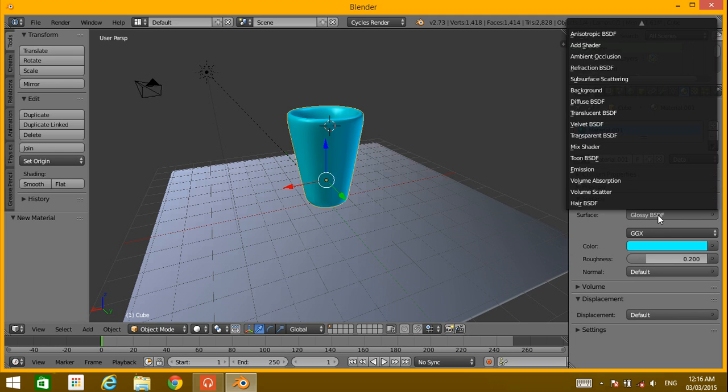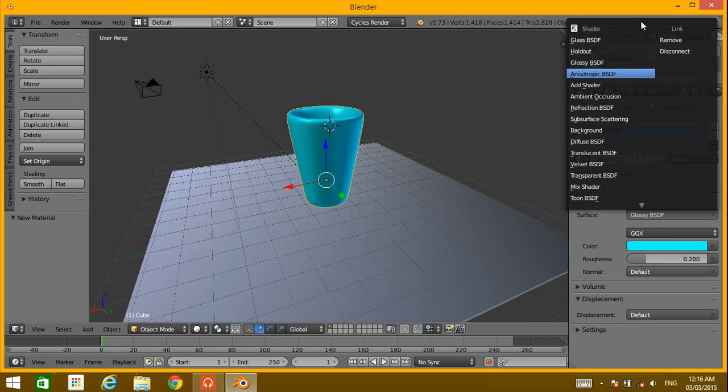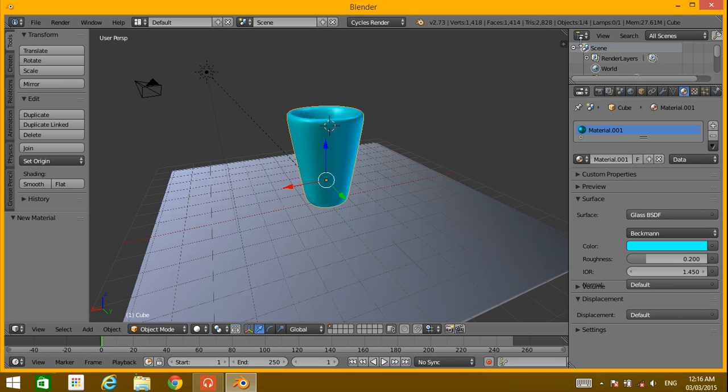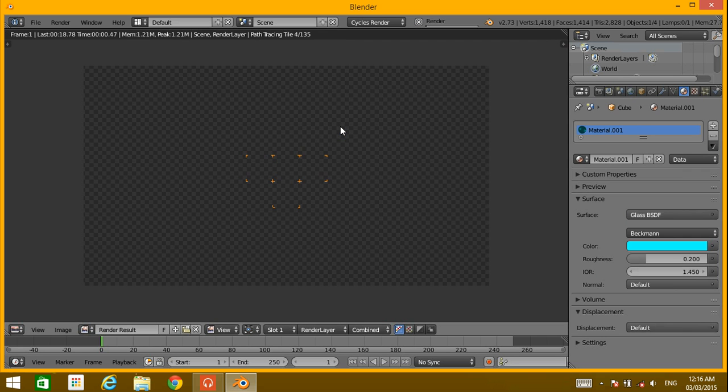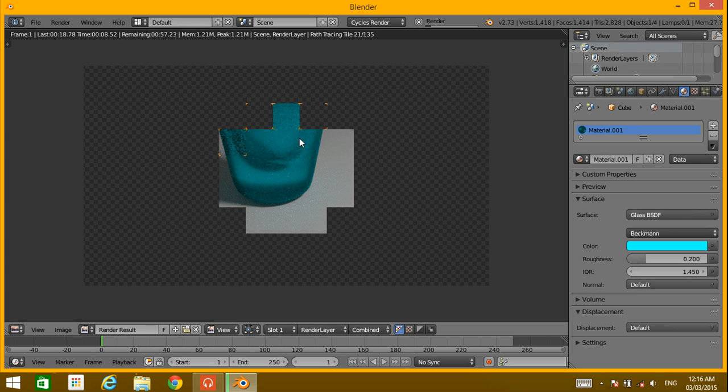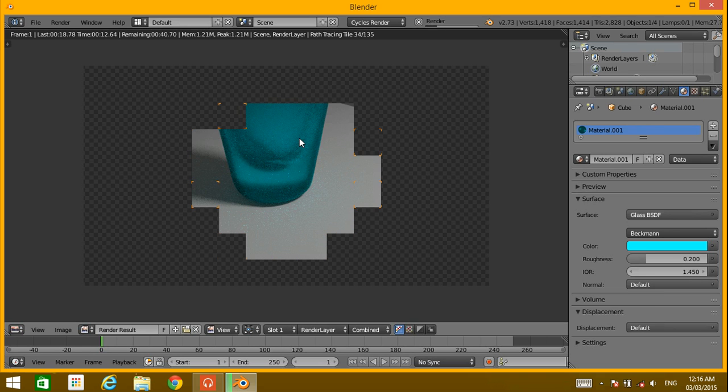Where is the glass BSDF? Alright, now press F12 and a better result. See, it's better, isn't it? A nice looking glass.